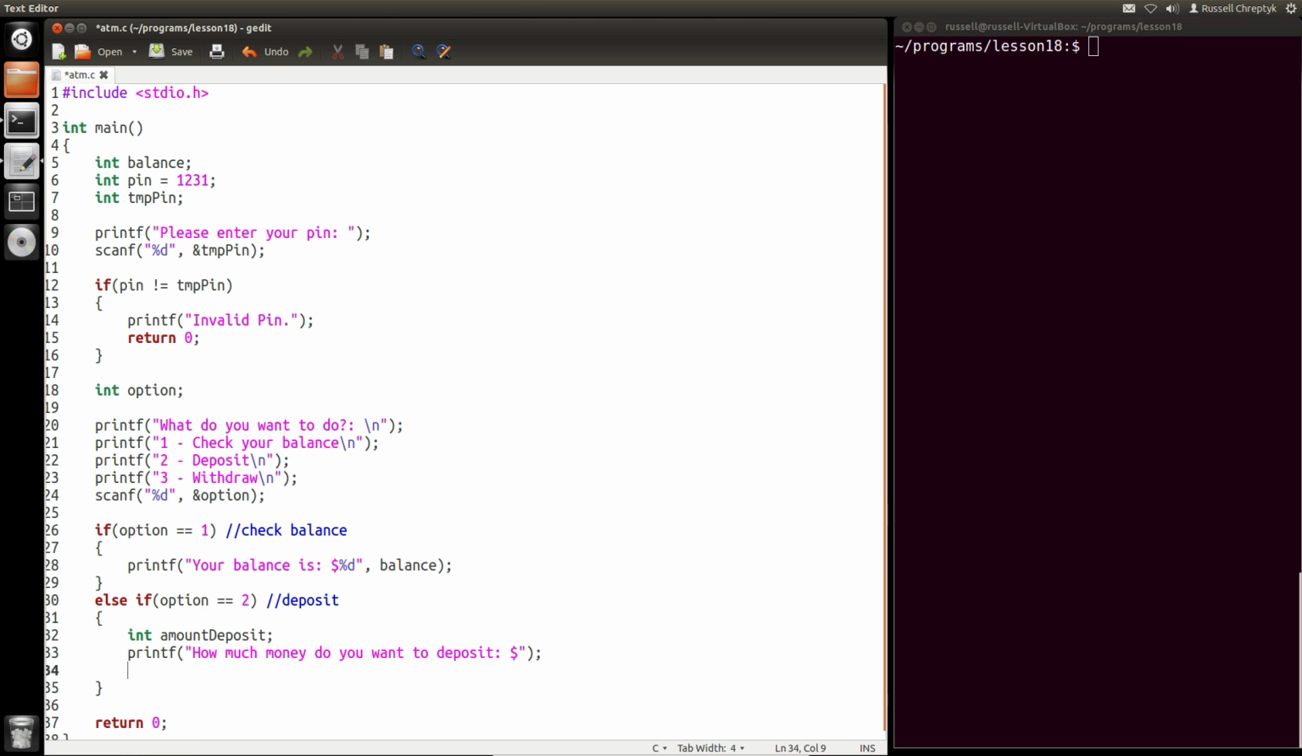And for now, we're not actually going to do any kind of checking. We're going to add that in later. Let's just get the basic program happening. Then we can add in our checks to make sure that they're depositing a positive amount and we're all good. So let's, for now, just read in our amount here. So we're going to read in amount deposit, adding our ampersand,